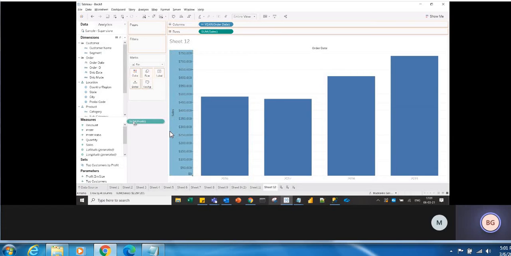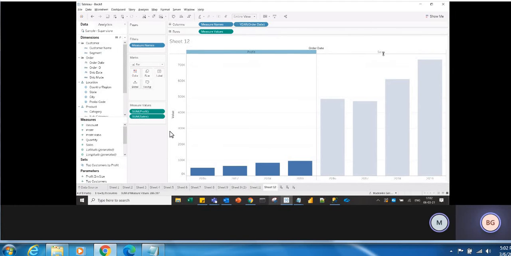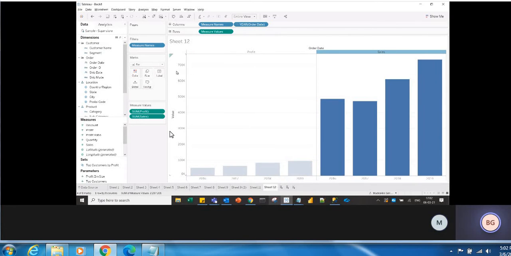Okay, see when you drag it, it's not dual, it's blended. We are talking about blended. So when you drag the second measure into the existing axis, you'll get two bars like this and you drop it there. Okay, so now if you see, you have profit, sales headings, but how many axes do you have?